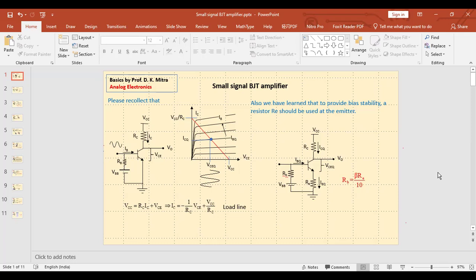Then we have learned what are the various techniques to circumvent or minimize those bad effects of bias instability. After all this, we are now more or less ready to learn what is a small signal BJT amplifier. Now, you will ask why this word small signal. That is because the amplifiers that we are going to study now are for small signal inputs, some millivolts, of the order of 100 millivolts or less, because